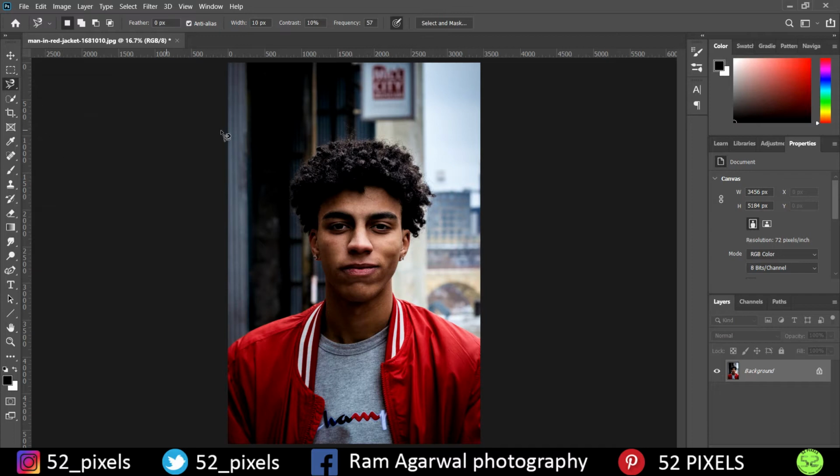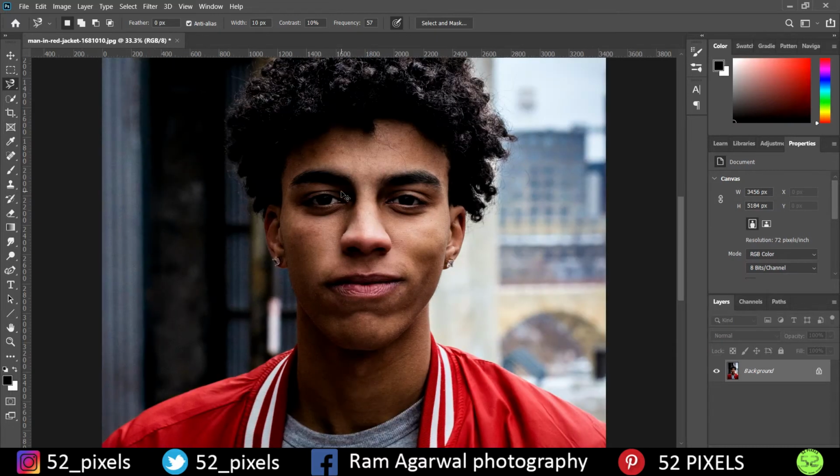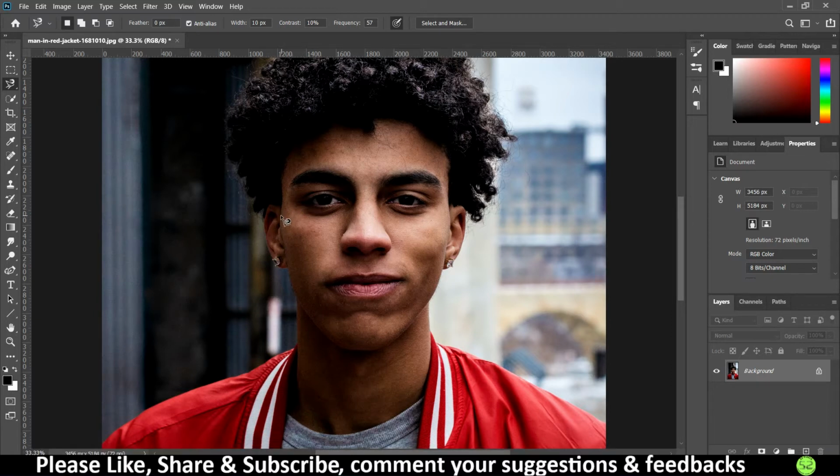So I've got the magnetic lasso tool, and what it does is basically select a particular region, just like the quick select tool or the lasso tool. But the special thing is that the magnetic lasso tool detects the edges automatically and gets shaped in that particular way. So in some cases the quick select tool doesn't work as well as the magnetic lasso tool, because of the perfection in edge detection when compared to the quick select tool.